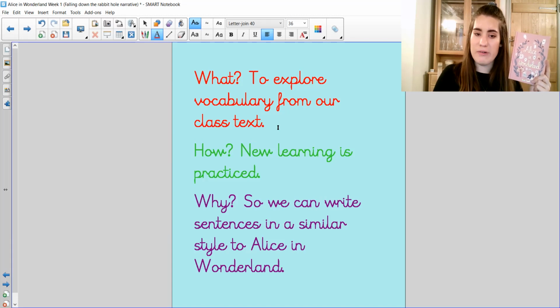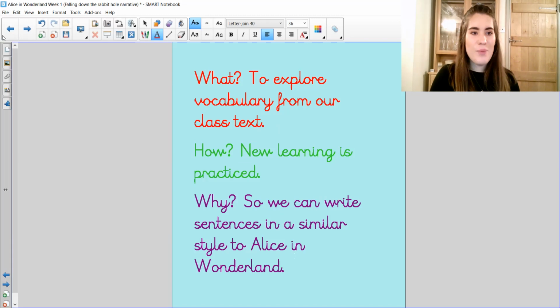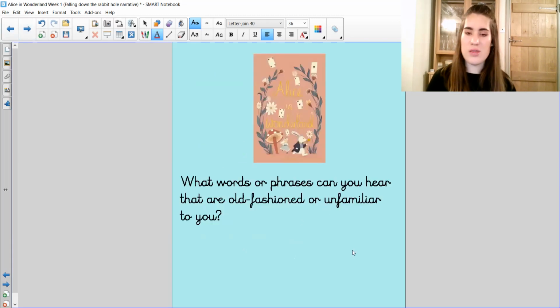We're exploring vocabulary from our class text. How? By practicing new learning. And why? So we can write sentences in a similar style to Alice in Wonderland. Still holding my book up. Here we go. Perfect. So what we're going to do first then is have a bit of a rewind back to yesterday